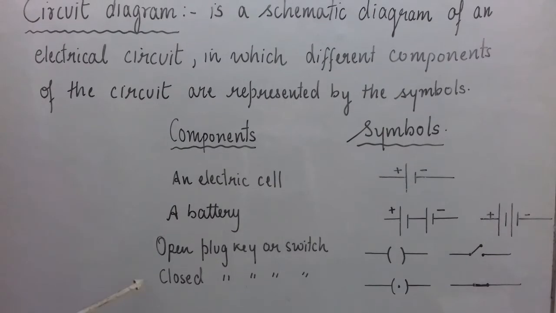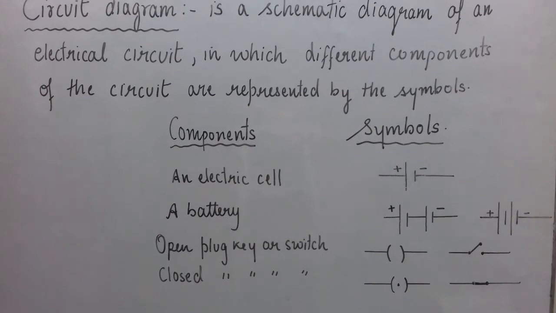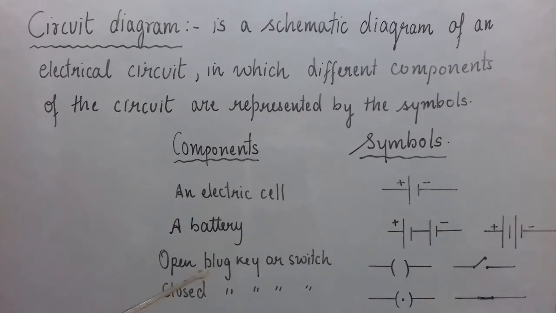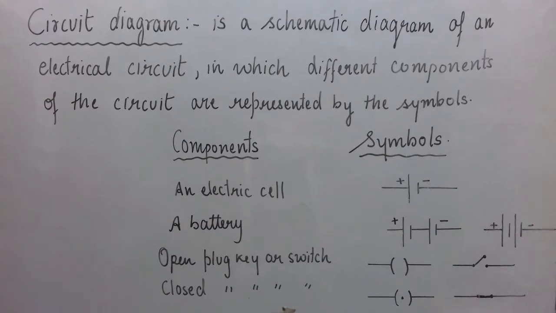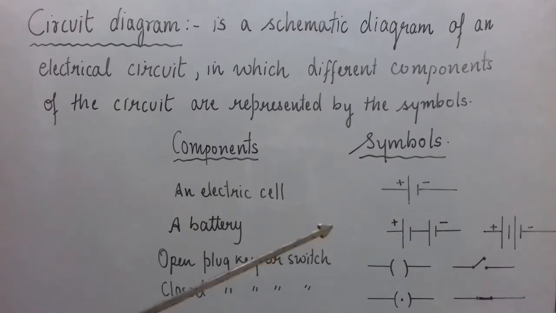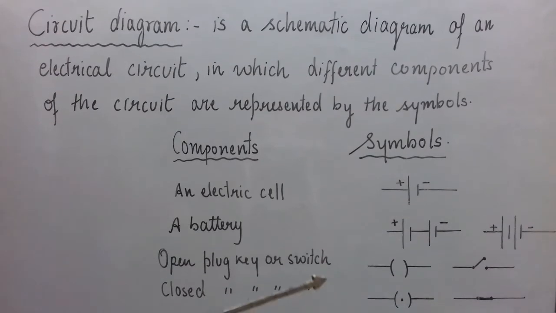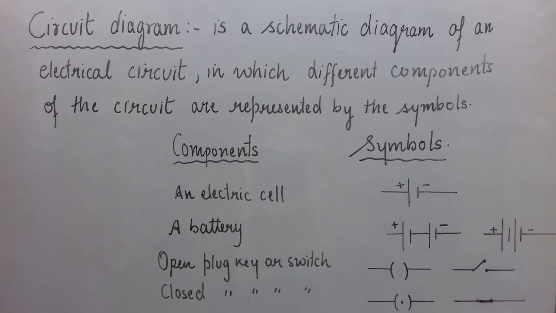Next is closed plug key or switch. When the switch is closed, current is flowing through the circuit. The circuit is on, and the devices are working. In this case, we will use the symbol for open switch but put a dot in between the two curves, which means that the switch is closed. Or we can use the other diagram, but in that diagram, we'll make the two dots coincide. We can show them overlapping, or one above the other. They are in contact, you have to show. I prefer to draw the first symbols for the open switch and closed switch. These are better.